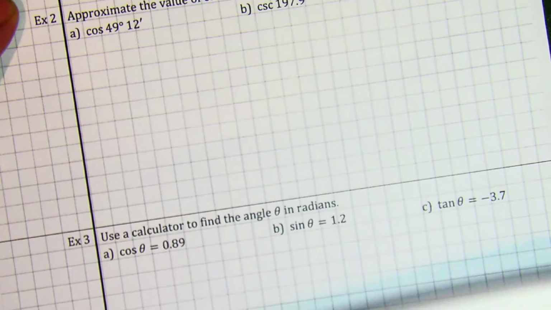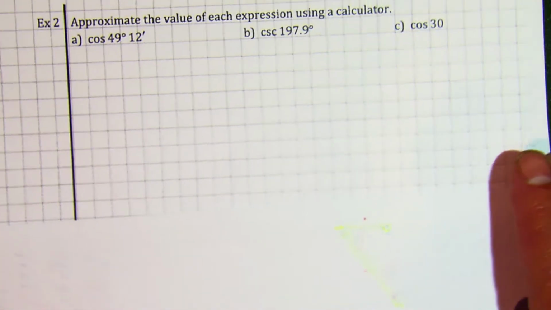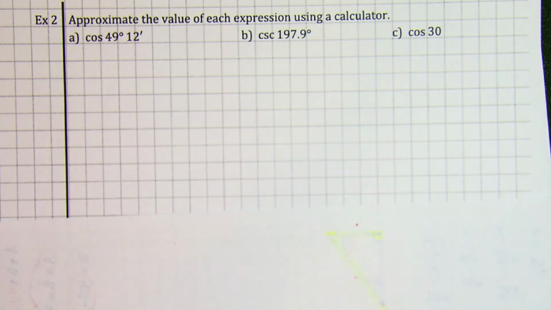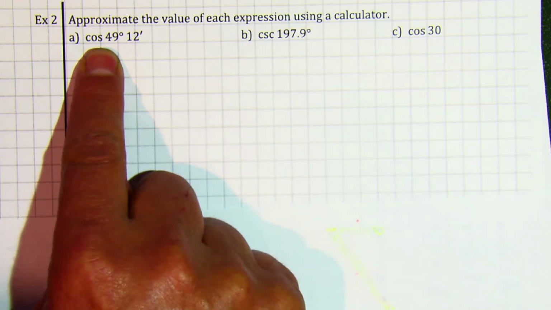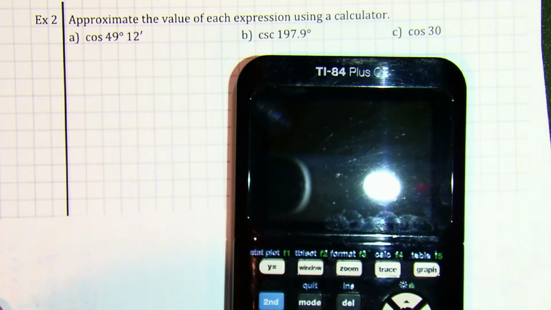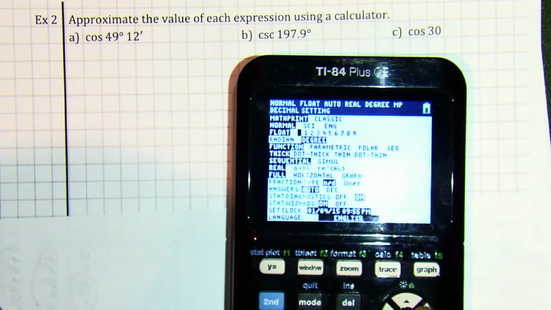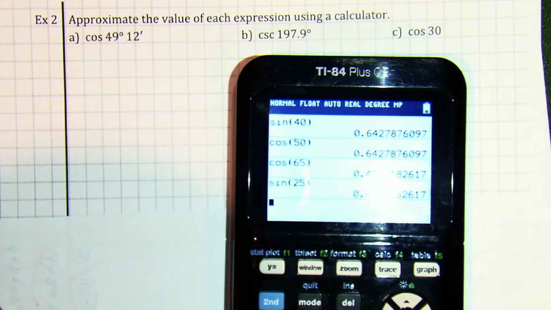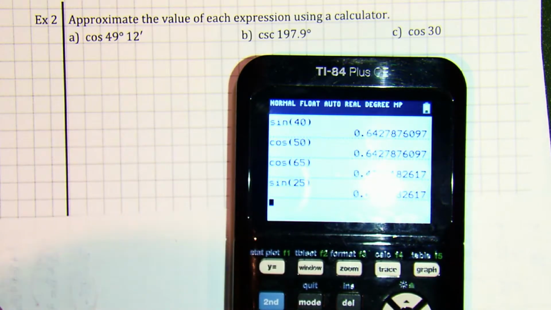Example number 2. Approximate the value of each expression using a calculator. So we have the cosine of 49 degrees, 12 minutes. So I'm going to use my TI-84. One of the things is that we are using degrees, so you want to make sure that your mode is on degrees. It is. And we have it here. So therefore, I'm going to type in the cosine of